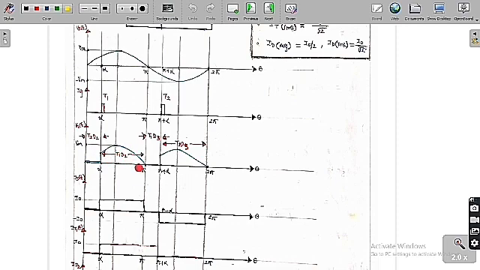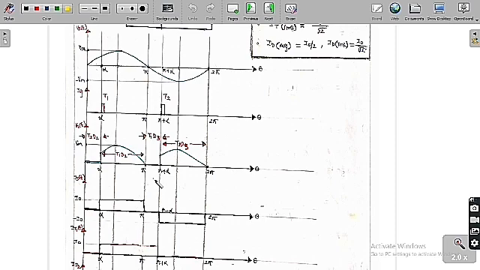Also in this region, by applying KCL, we can say that Is of t is equal to I naught of t. I have already assumed the load always has a constant current. So the load is going to have a constant current all the time, I naught. Therefore the source current from alpha to pi is equal to I naught. Whereas from pi to pi plus alpha,